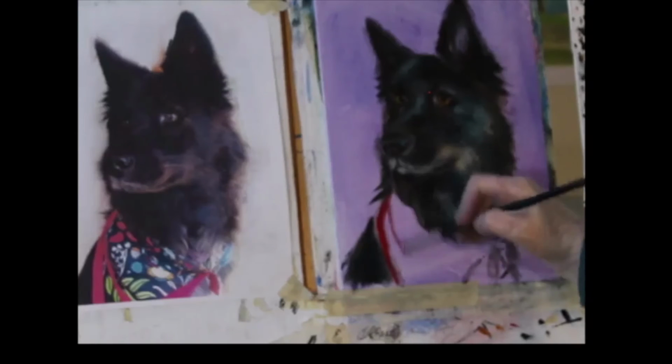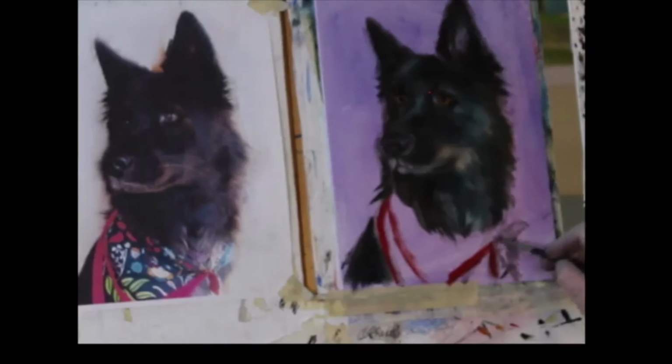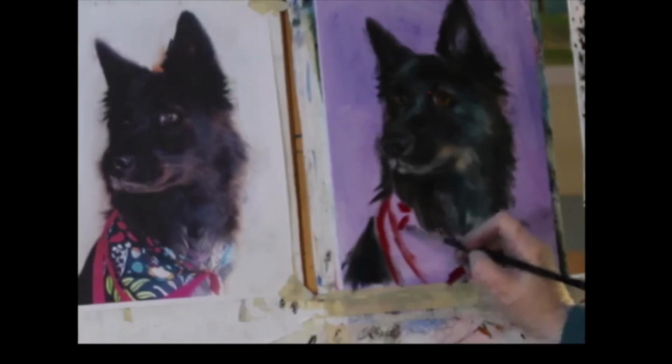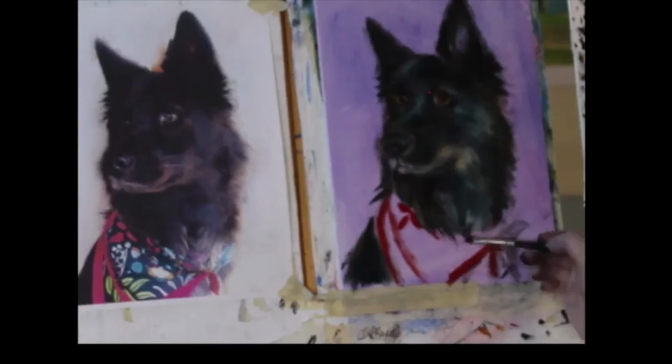So I do encourage those type of items into the painting because it gives it a little bit more personality, as well as, you know, you want it to be something, it's a keepsake. Like Molly's a senior, she's still with us, but this will be a nice portrait to have after she's made her transition and over the Rainbow Bridge. So it's nice to start thinking about having something like that